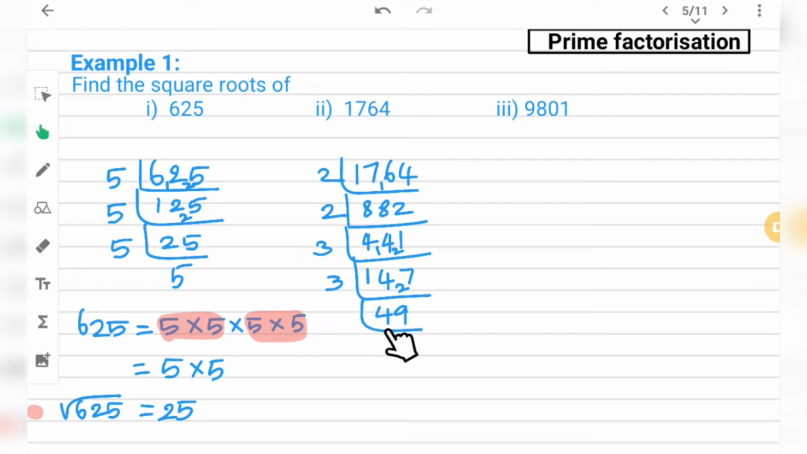And the next prime number is 5. If a number is divisible by 5, you have 0 or 5 in the ones place. So 2, 3, 5 is not possible. And the next prime number is 7. So I can divide it by 7. 7 7's are 49. So